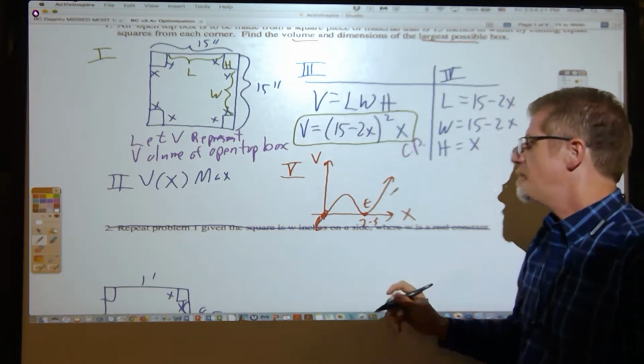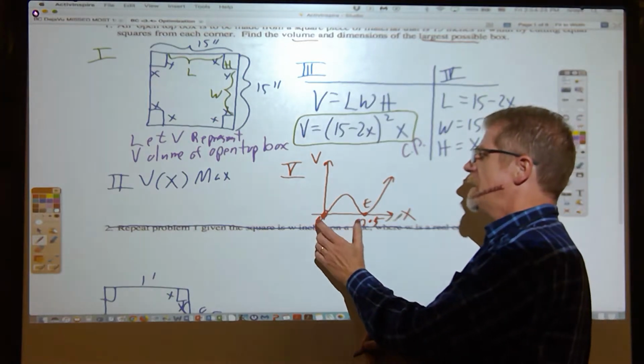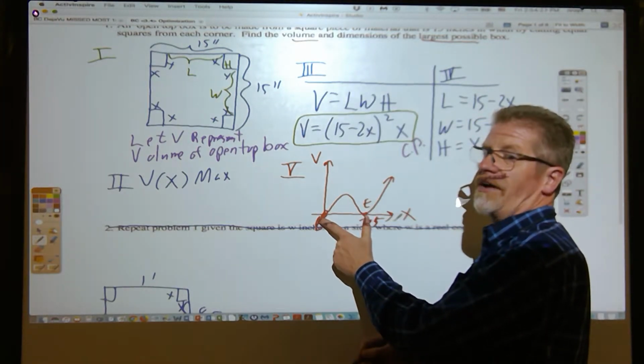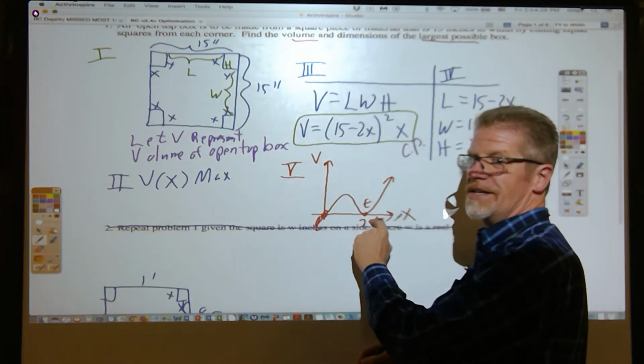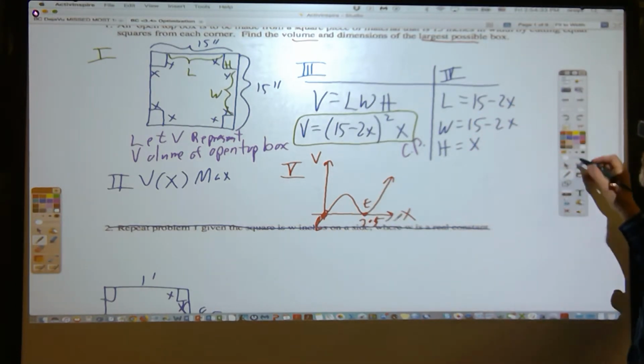Now, it would be a rookie mistake to think that, oh, I'll bet you the answer is the average of 0 and 7.5. No, it's not a parabola. This is a cubic polynomial. We're going to have to do the first derivative test. By the way, in an